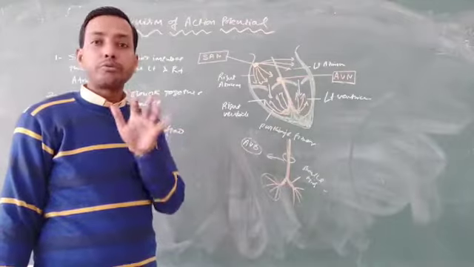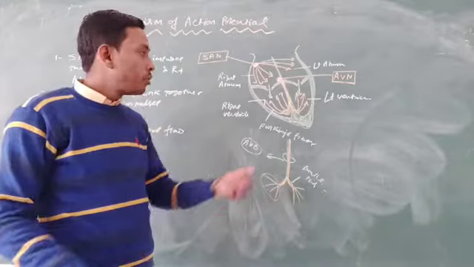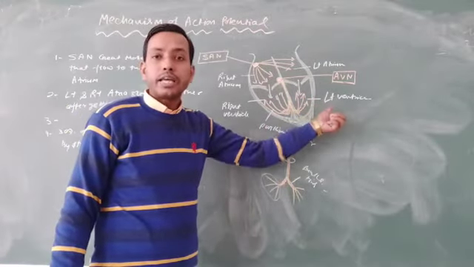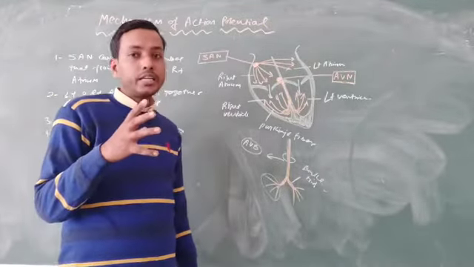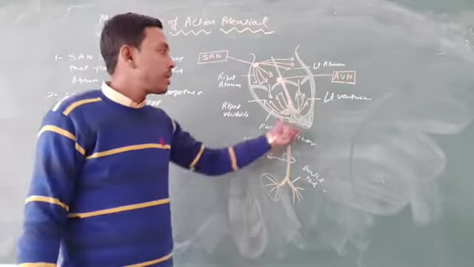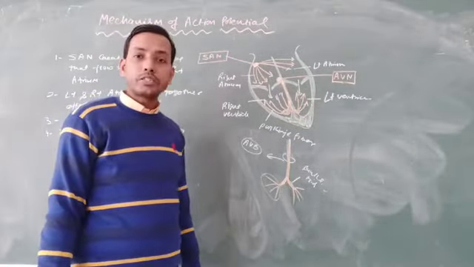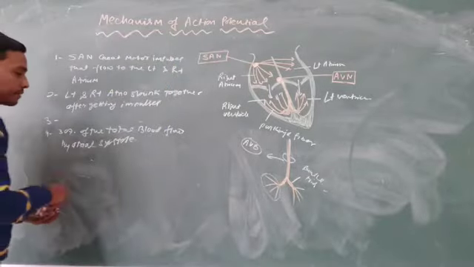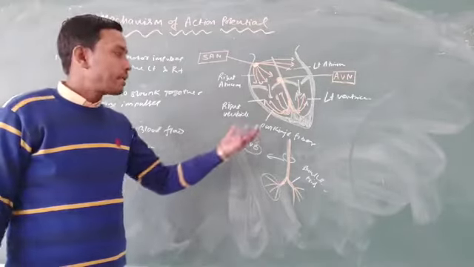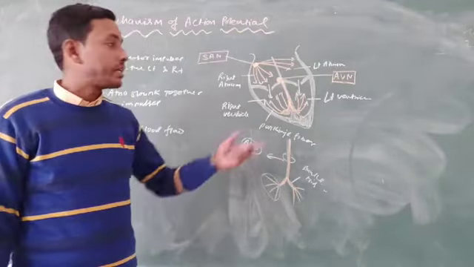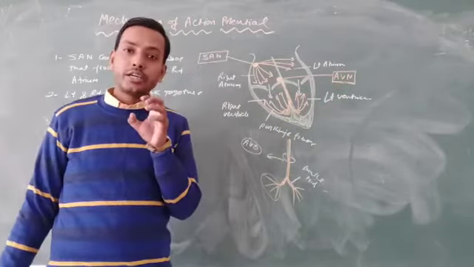As the impulses flow by the atrioventricular node, both the left and right ventricle shrink. It means that just as the atria shrink on getting impulses, similarly the ventricles shrink after getting impulses. And what happens after shrinking? Listen carefully. In the fifth point you can write: after getting impulses from the atrioventricular node, or AV node, the left and right ventricle shrink.